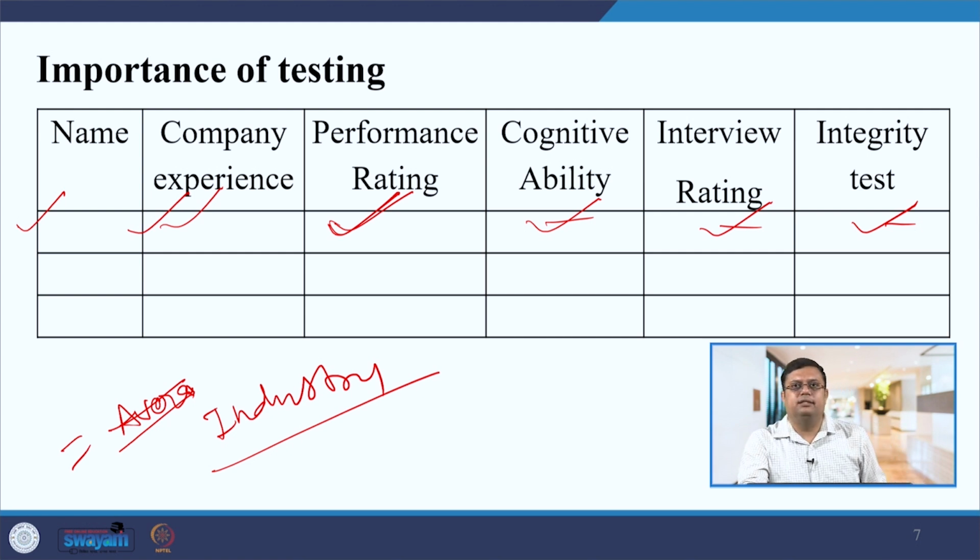So I hope in this session you have learned about the importance of testing, the effectiveness of selection method, and a few numbers that you should remember and understand in order to make some projections. And interview time and average number of questions, how you should decide it, and employee rejection analysis, how it will help